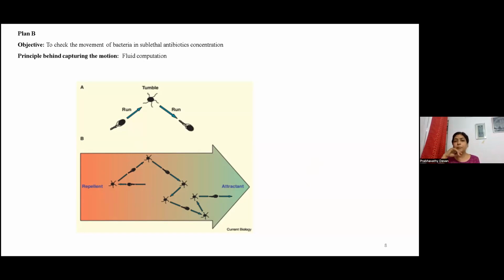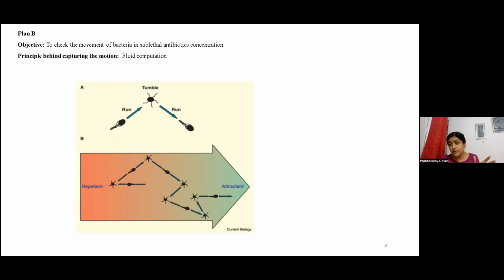Here we know that bacteria have their own ways of moving around in an environment. Whether there is an attractant or a repellent, the movements vary. The chemotactic movements vary, and there's a lot of interesting signal transduction behind this. It is a very simple method: when attractants are there, they do the running motion, and as soon as they sense that something is repellent or toxic in the environment, they tumble and change the direction of movement.